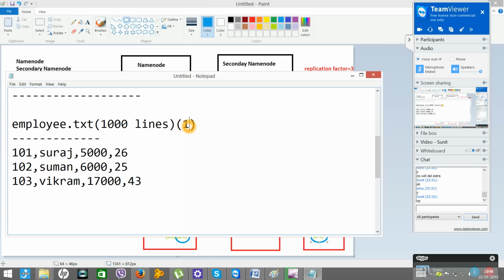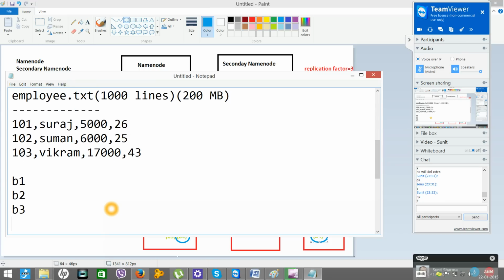and it is 100 MB, or let's say 200 MB. How many blocks? 4 blocks, right? So block 1, block 2, block 3, block 4. So 1000 lines, 4 blocks.